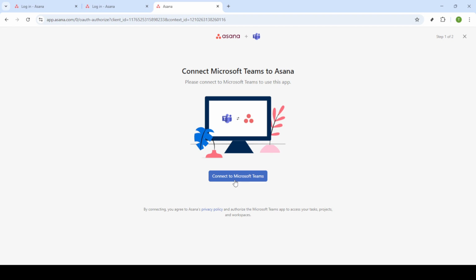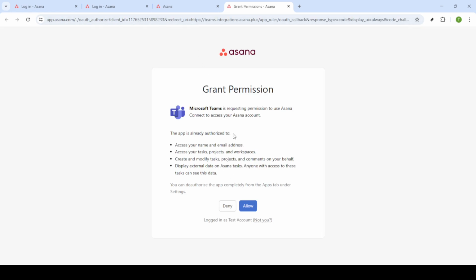Once you click Connect to Microsoft Teams, there will be a prompt for you to allow the integration. Go ahead and click Allow, confirming you trust Asana with these connections. You will then be prompted to enter your Microsoft account email address. Enter the email linked to your Teams account, and follow the instruction prompts to complete the setup. Once you are through this quick process, your Asana and Microsoft Teams accounts will be integrated, making collaborative work more